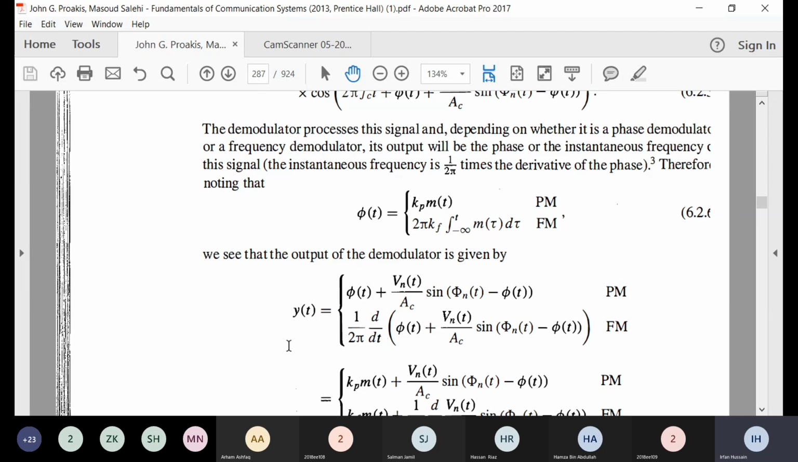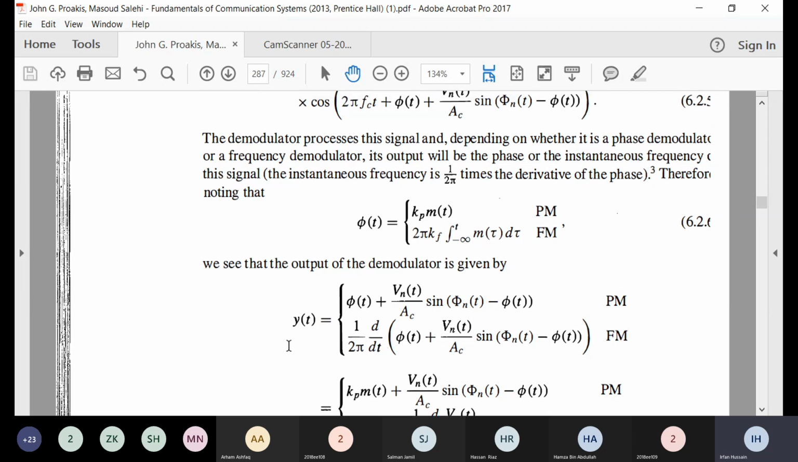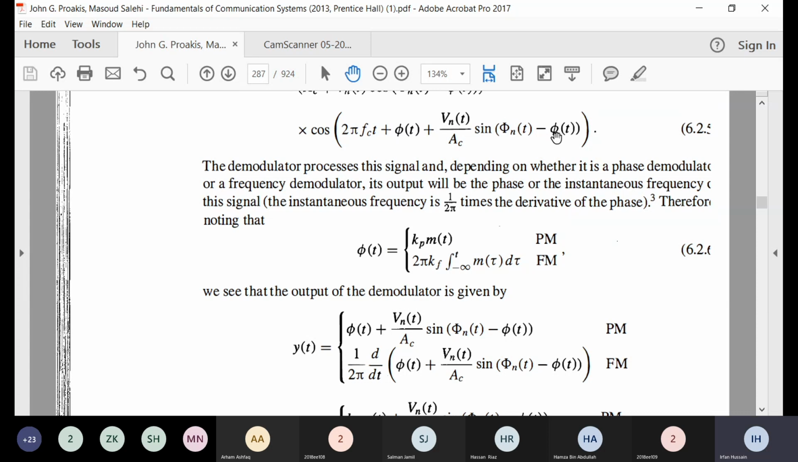Now the output of the demodulator will be the phase. The phasor part in the modulated signal will be the output of the PM. This is the output. But in FM, this is not the output, because the FM output of the demodulator should be KFMT,